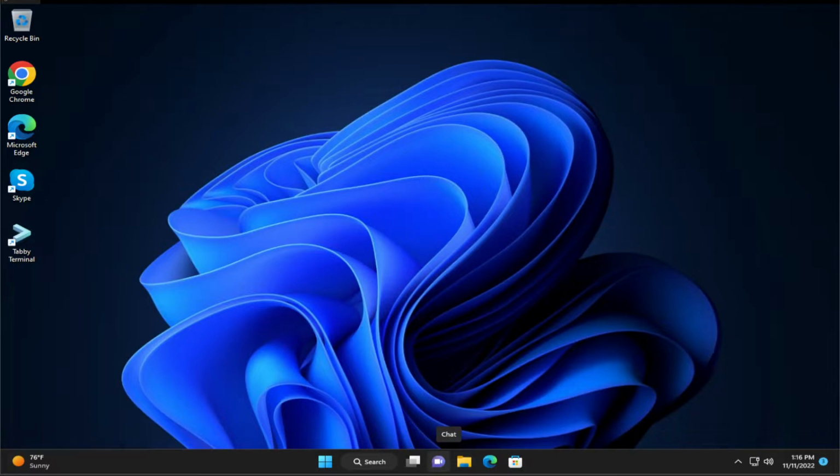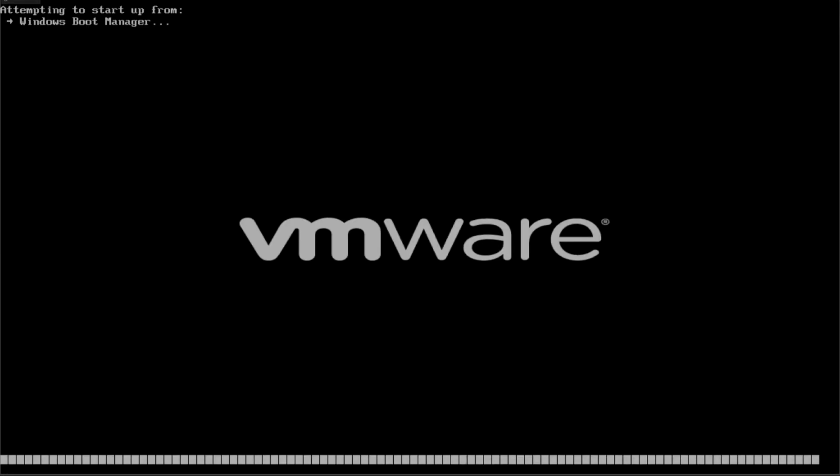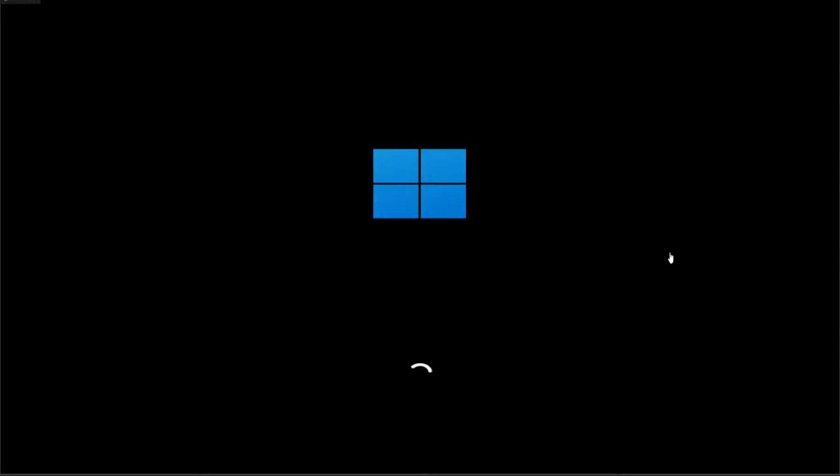In today's video I'm going to show how to fix the taskbar not working or not showing in Windows 11. The first step is to go to the start menu, select the power button and click on restart. And wait a moment. Log in with your PIN or your password